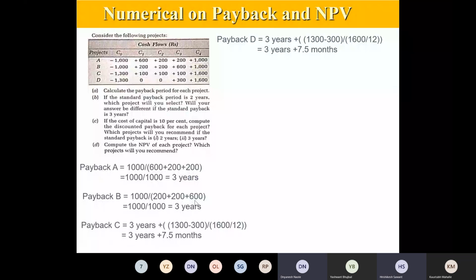See, this payback period for C, 1,300 rupees is the initial investment. We need to find out in how many years we are going to cover this 1,300 rupees. So in the first year 100, second year 100 and third year 100. So 300 rupees out of 1,300 has been covered in the first 3 years. That is the same case with D as well, because in the first 2 years there is 0, but third year you covered 300. So what remains is 1,000 rupees. So 1,000 rupees will be covered in the